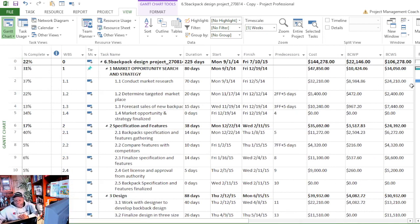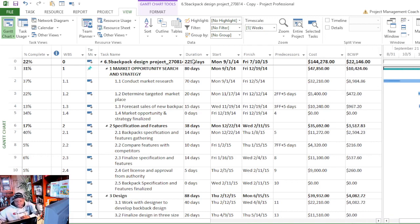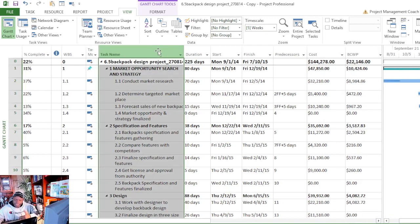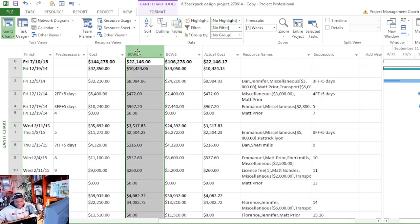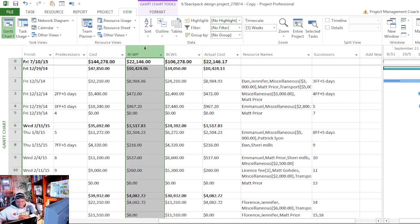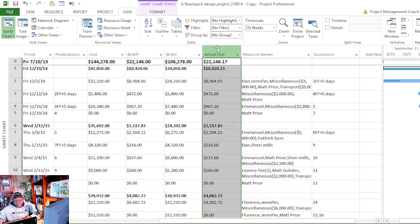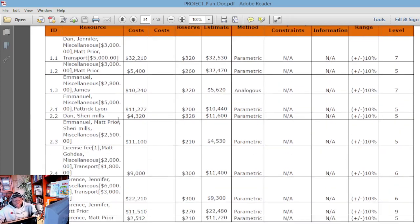So when you think about scheduling, think about schedule, cost, scope being integrated, right? Because you've got the items. The items are based on the scope. And then you have these metrics such as the planned value, which is what you scoped out to do initially. The earned value, what was actually done. And the actual cost, what was actually spent. So having this mindset, this idea can help you to understand that one tool could be used to track all